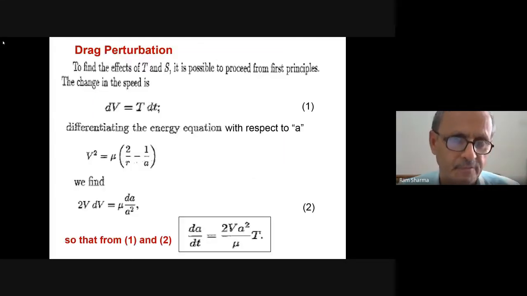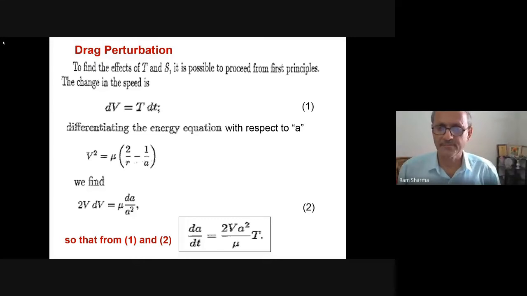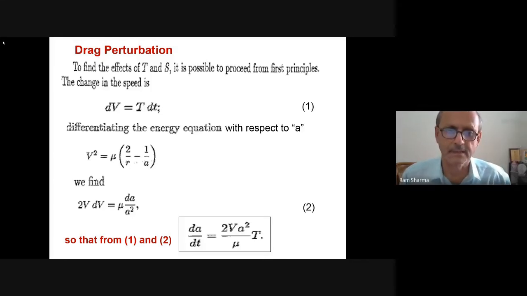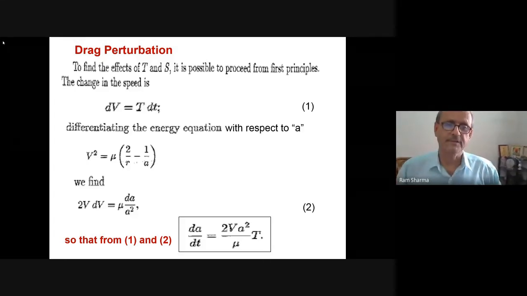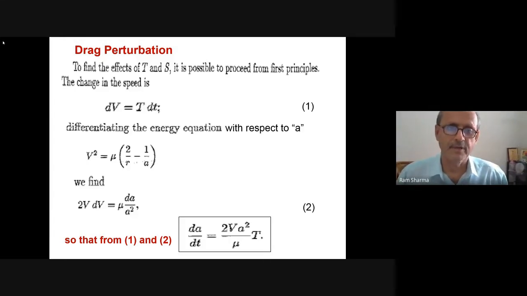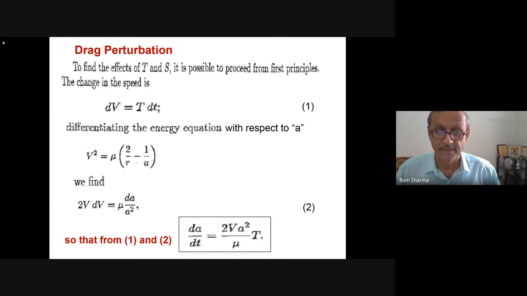Now I tell you a simple one. This is from Danby's book. Danby was my thesis examiner, and he asked me to revise. I was sad at that time, but later I was happy because the work which I did later became very important, because this mean motion played an important role. Some of the papers are referred to now around 130, 140 times. In my thesis they are hardly 2 or 3 pages, but they are referred to in the literature 130 and 140 times, and they are still going.